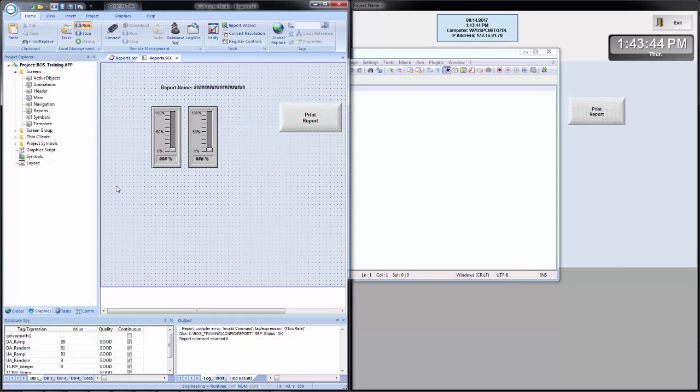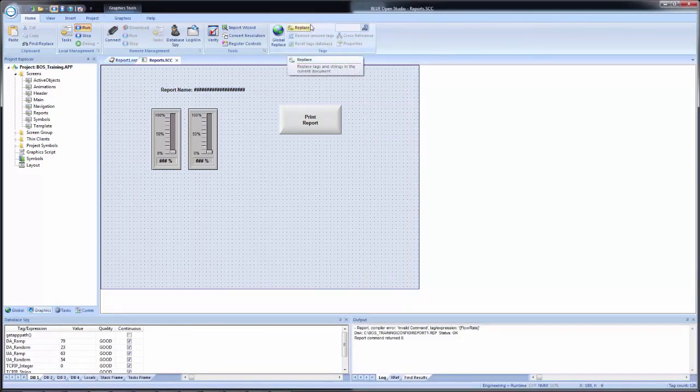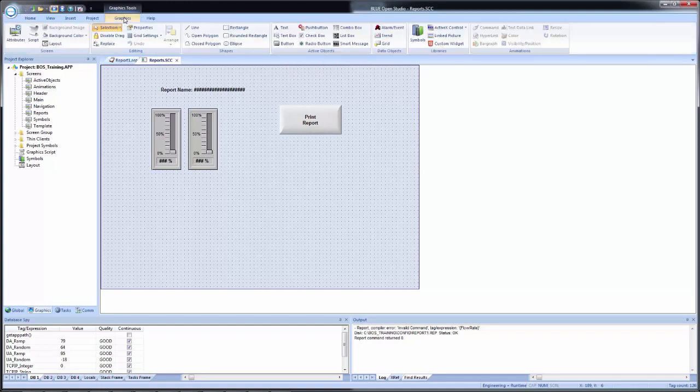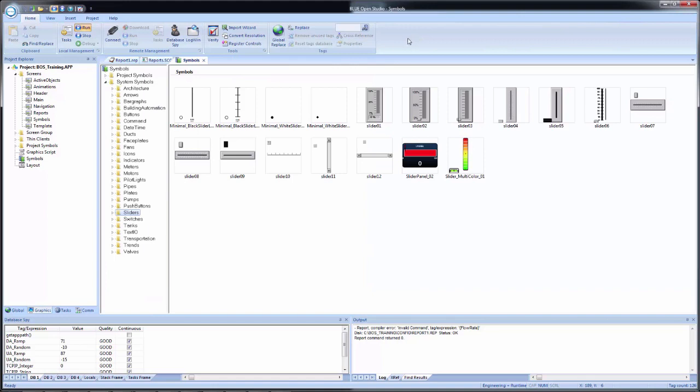Because sometimes we can't open Windows Explorer to get to the report, and we may want to display it automatically via the Blue Open Studio application. So what I'm going to do, I will maximize again just so we can get a better look. So I'll go to the Graphics tab, and then I will bring up my symbol library, and I'll go under Buttons,